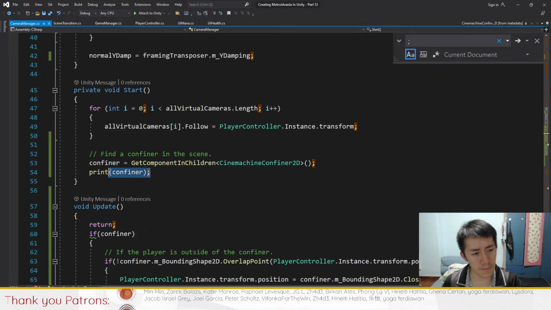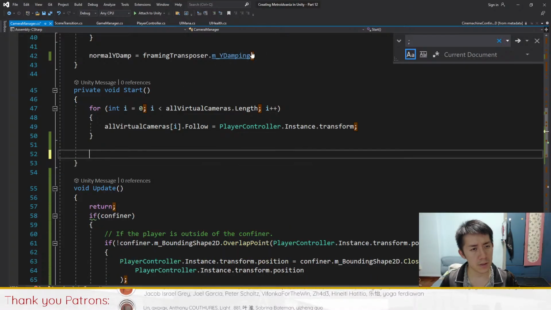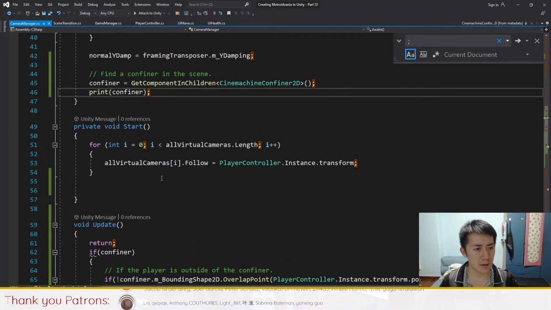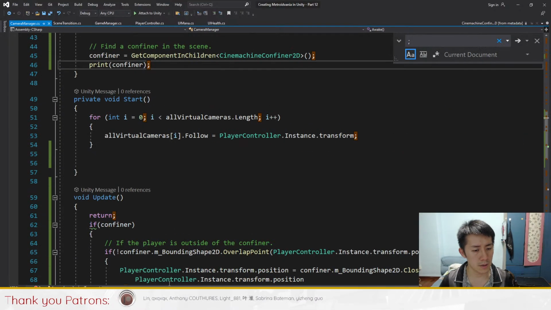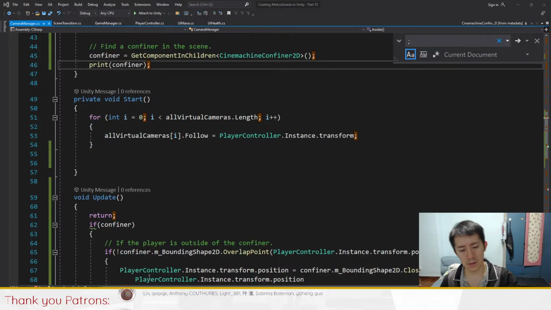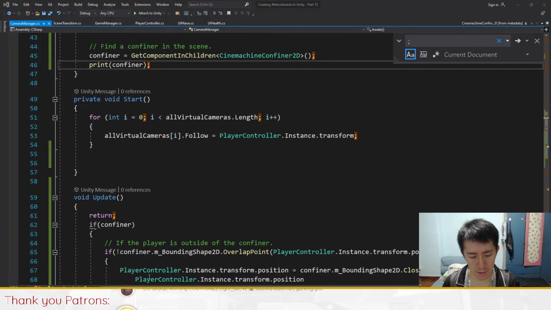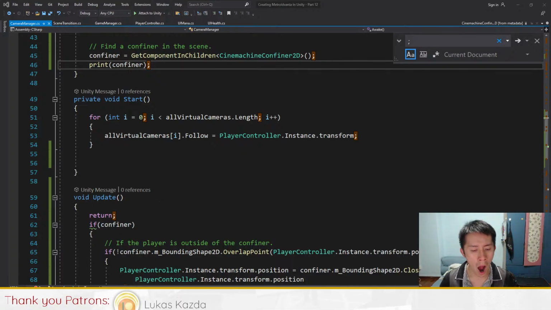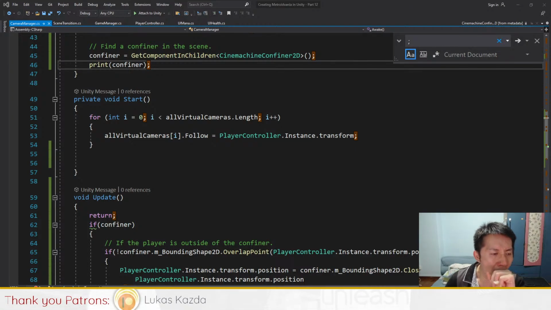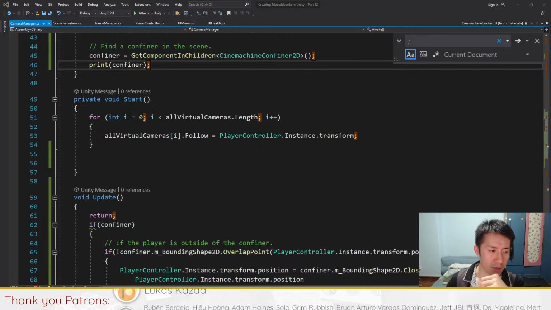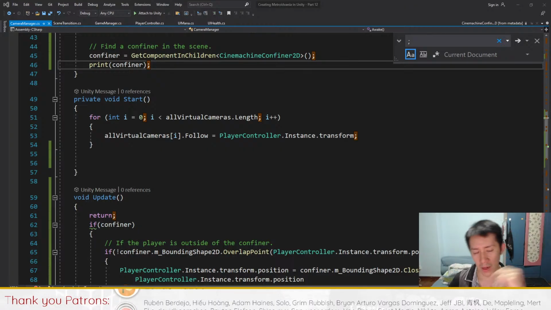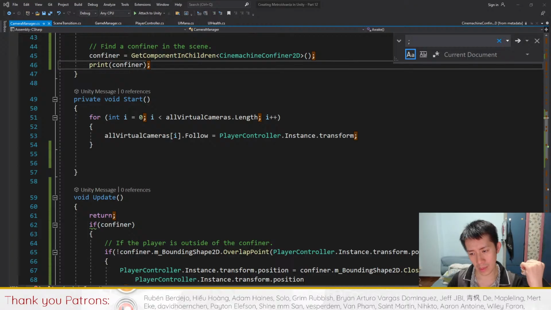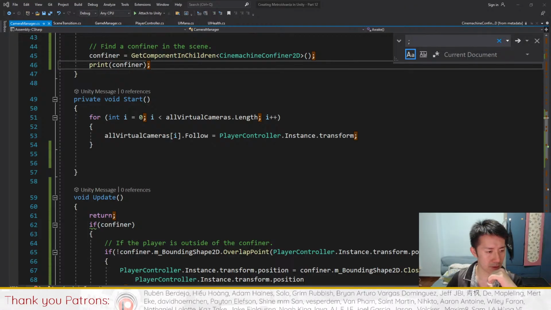If I move this back here, does the confiner stay there? Is the confiner still active? The confiner is still there. The player is not getting teleported back though. But let me just grab the player and just